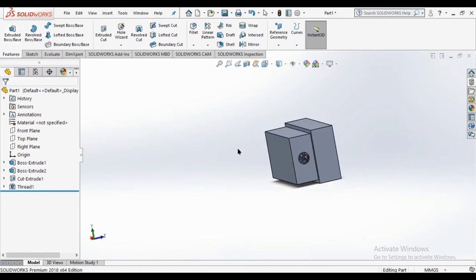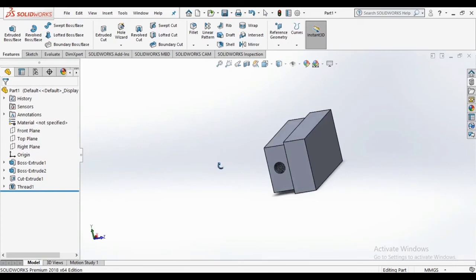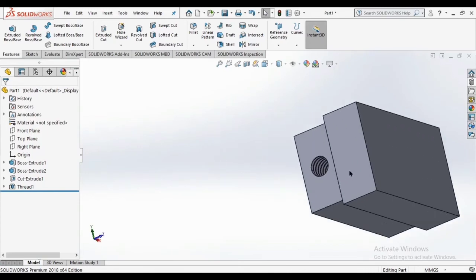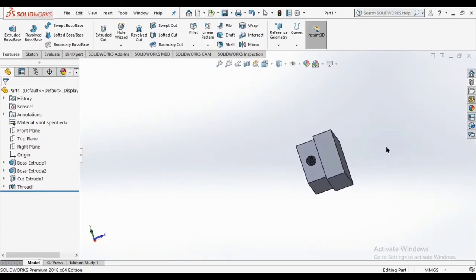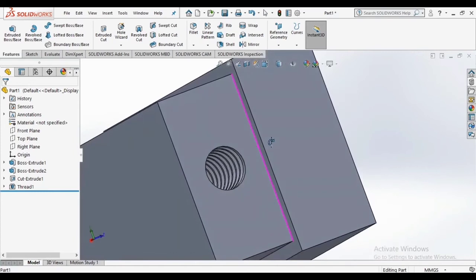Now we will use some other features called fillet and chamfer. Let me show you the use of fillet. You have to click on fillet.